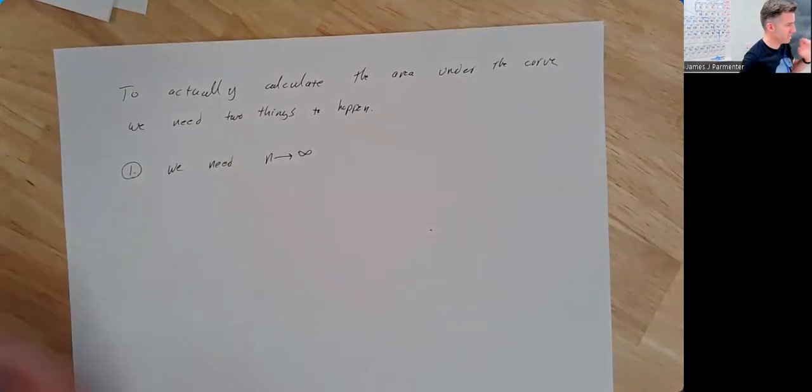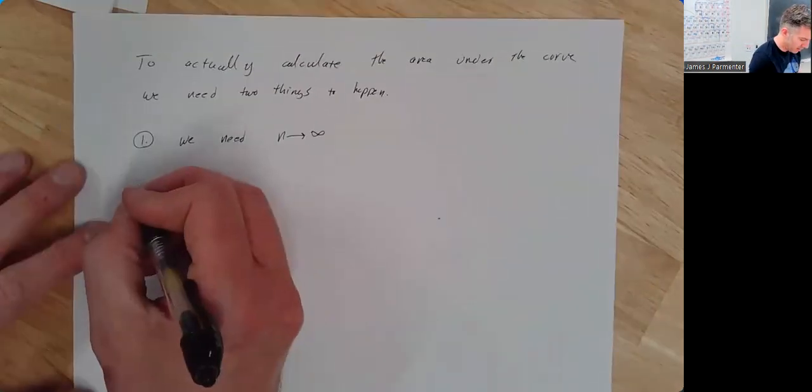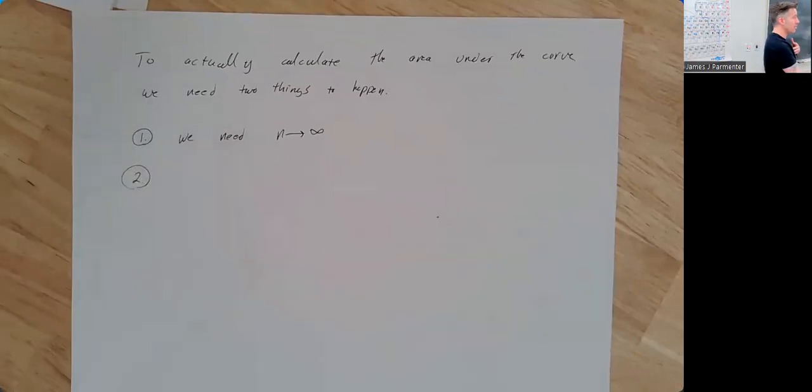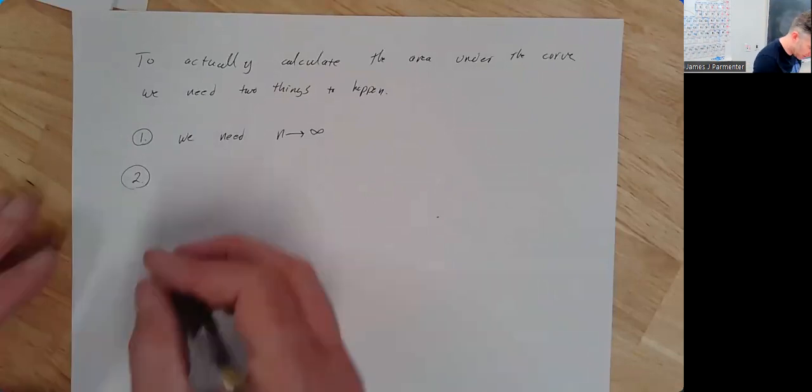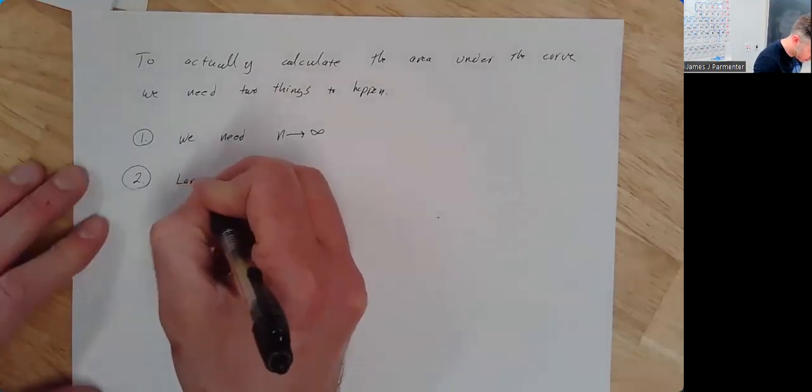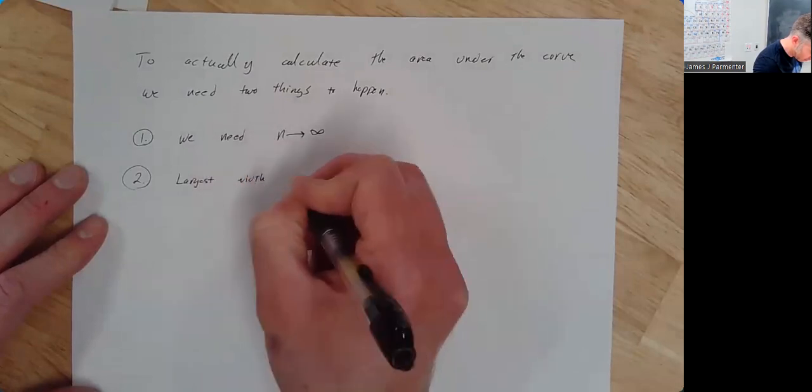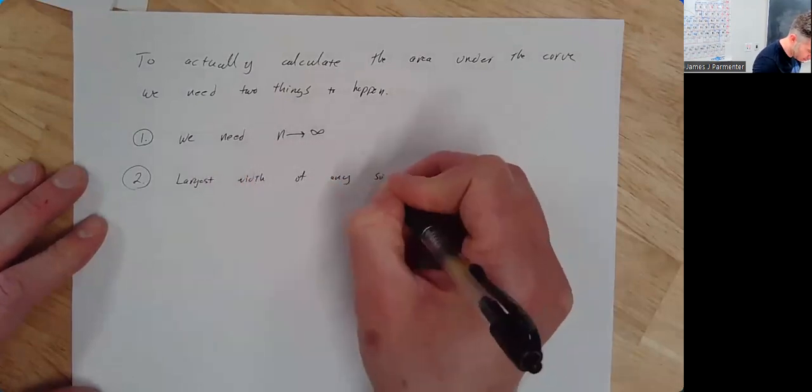Now, there's actually a little bit more to say about this. I've always been showing you examples where all the rectangles have the same width because that's usually what people do, but you don't have to do that. You can totally have an example where the partition was irregular and you had rectangles of different widths. So we also need to clarify that the largest width of a rectangle has to get smaller, smaller, smaller. So we need the largest width of any subinterval